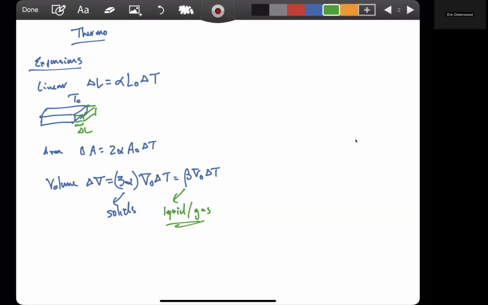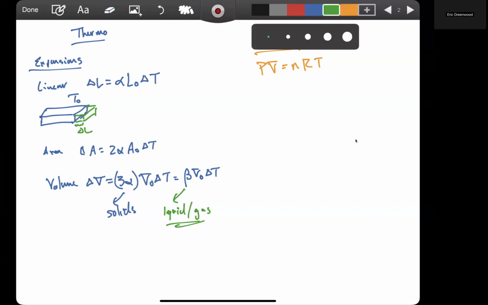You can either write this in terms of the physics way or the chemistry way. Let's start off with the chemistry way. The chemistry way says that the pressure times the volume is equal to the number of moles times the universal gas constant times the temperature. Again, this is the energy for a mole of gas, where the physics way